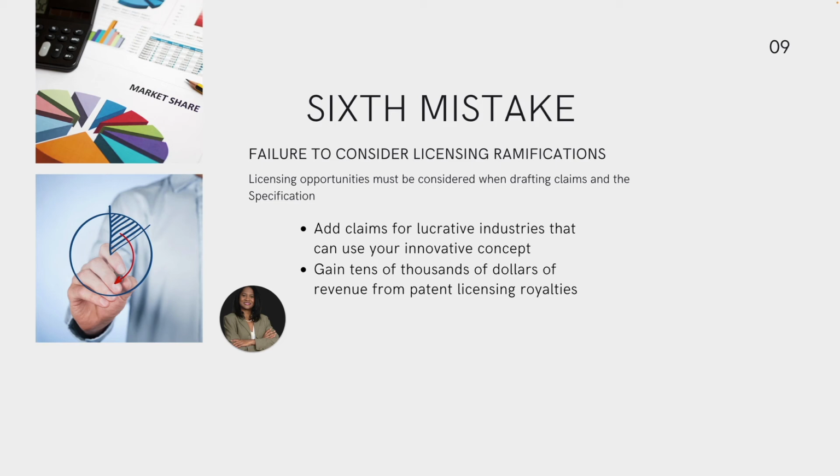Going back to the hypothetical, say you had a widget that improves engines. Why not include a claim to the most lucrative industry, like the airplane industry that uses engines that could possibly use your patent technology? Why don't you have that in mind in your specs so that when